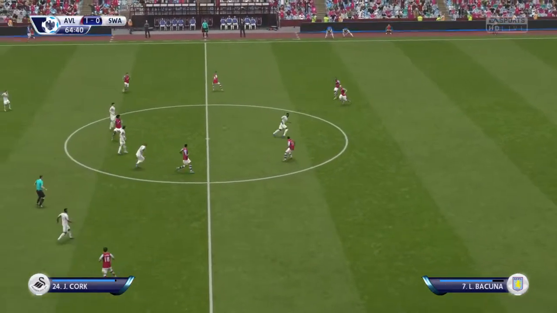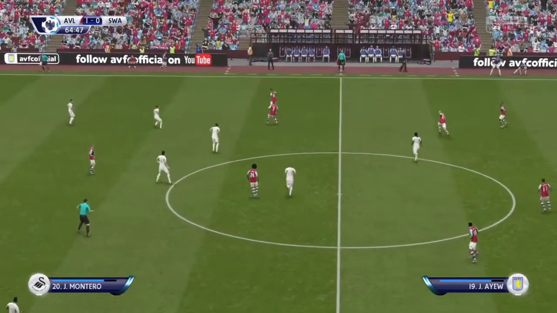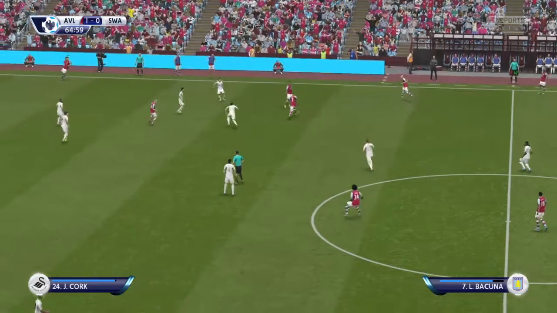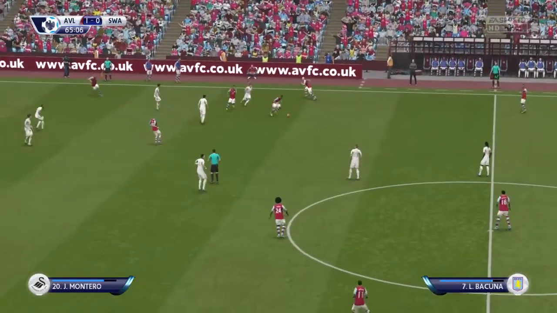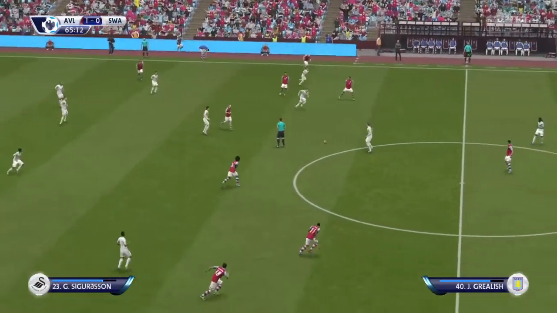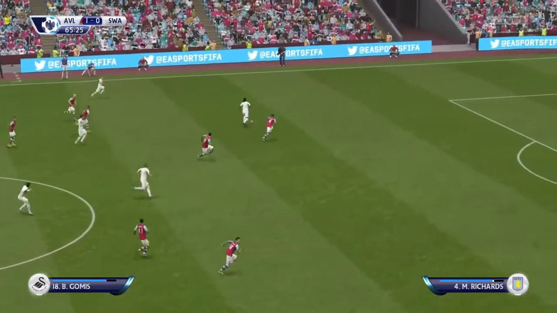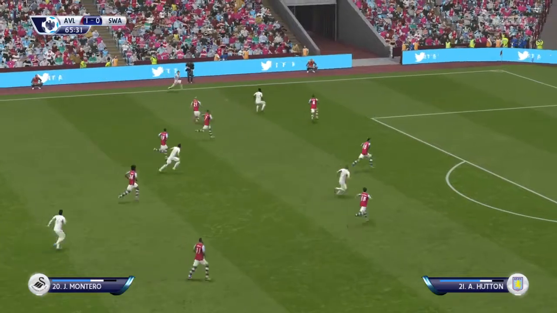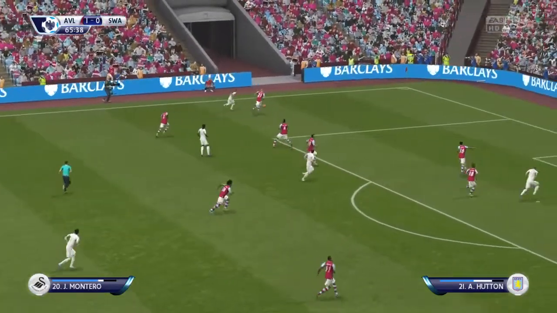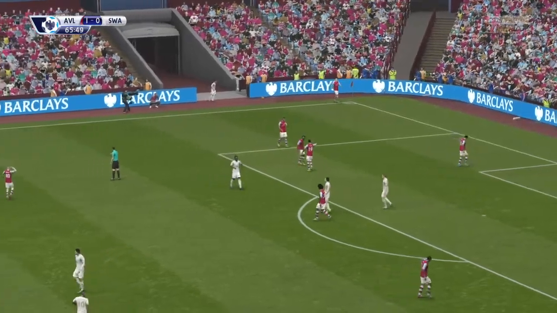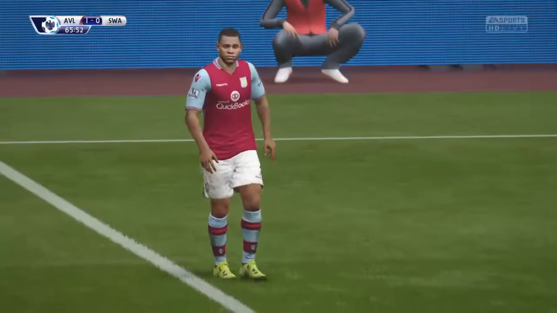Gabriel Agbonlahor. Leandro Bacuna. Little piece of interplay between the two. Gylfi Sigurdsson. Jefferson Montero. Alan Hutton. And that will be a throw. Substitution in the field. Going on is...